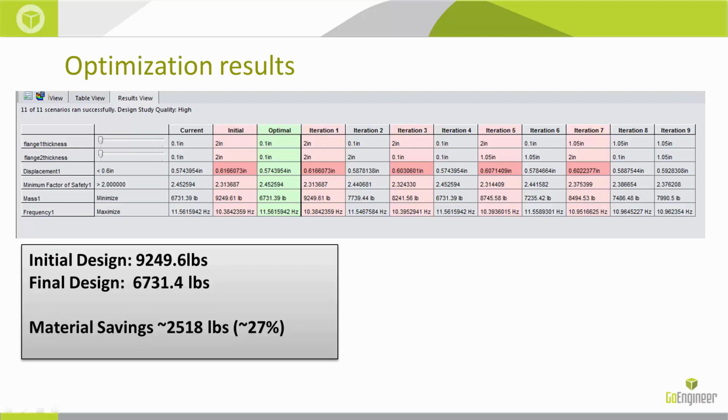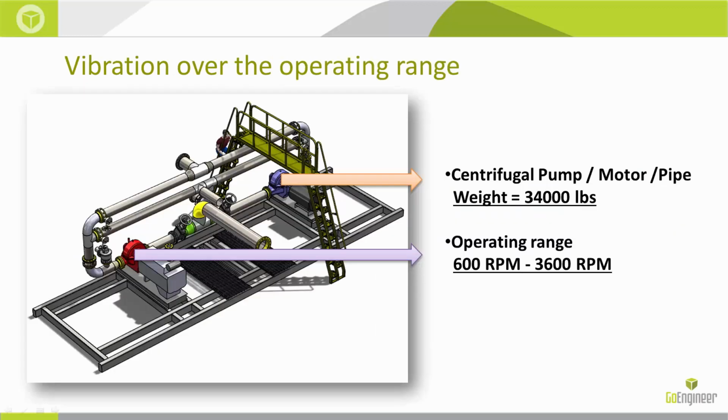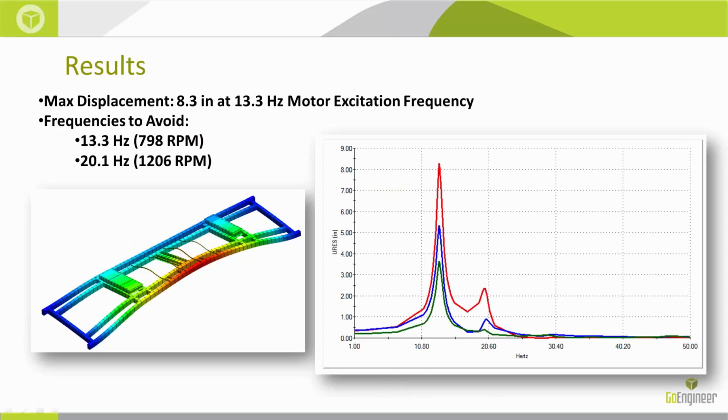So we see here the weight of our initial design to our final design saves about 27%, and that we also increased the natural frequency 1.2 hertz, which seems like a very small amount, but if you look at it relative to the initial 10.4, that's actually an 11% increase. It's quite significant. So now, again, we're going to be applying those same conditions, but extending out to the harmonic